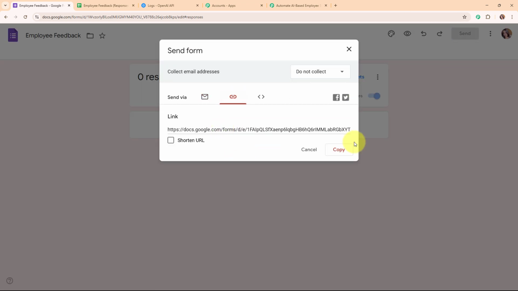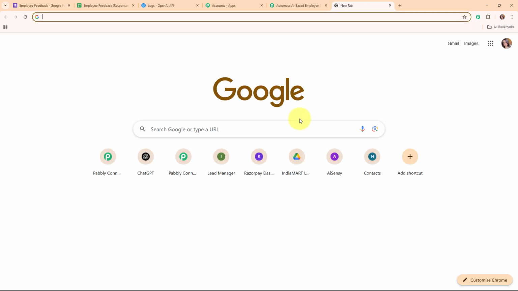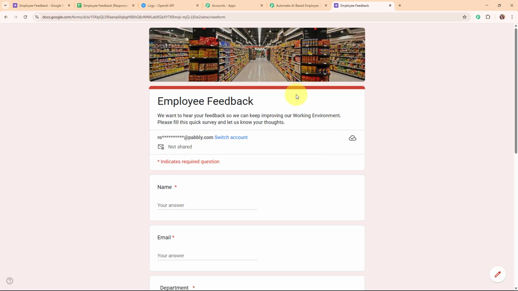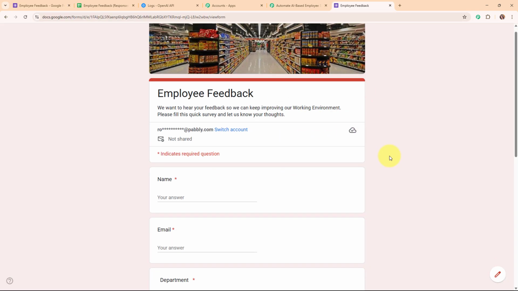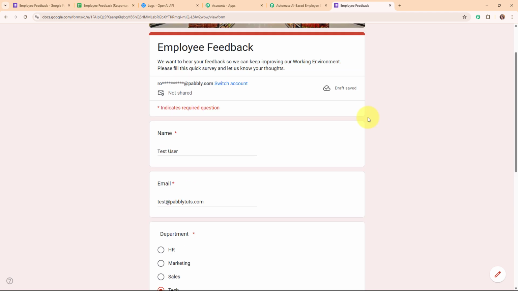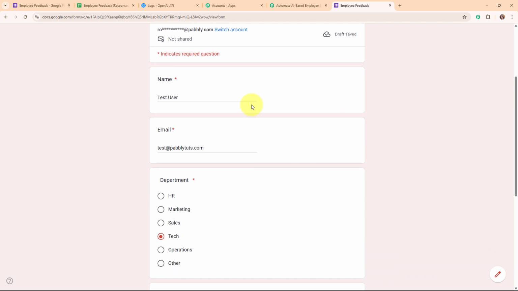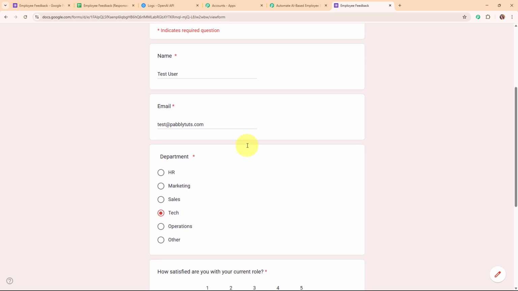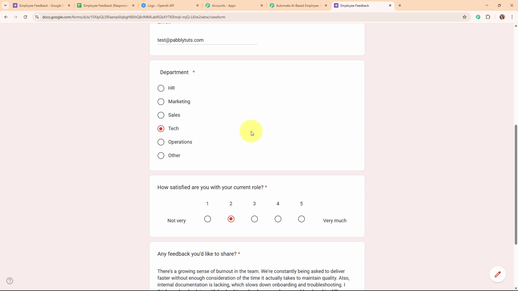For that, what we are going to do is make a form submission. So I'm going to copy the link, and then I'm going to open it in a new tab, and here I'm going to make a form submission with the test employee feedback. Alright, so I'm going to add the details. Here I've successfully added the details, such as the name, that is Test User, email as test@pabblytudes.com,